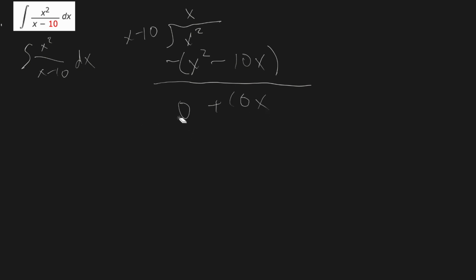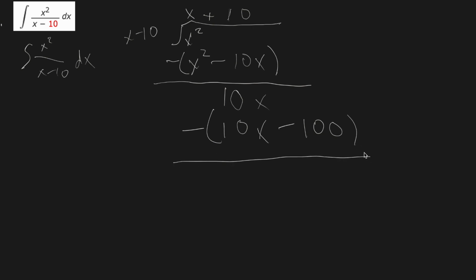So we can erase the 0 and the plus for clarity. And I'll make the 0 a little neater. Now we need to think, x times what is going to give us 10x? The answer is positive 10. So let's write that, plus 10. We write that up here. So now, just as we did before, let's write the minus and then parentheses. Now let's multiply x times 10, and write that here, 10x, and then negative 10 times 10, which is negative 100,